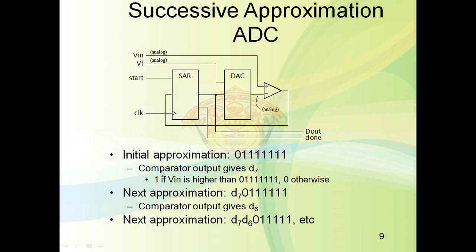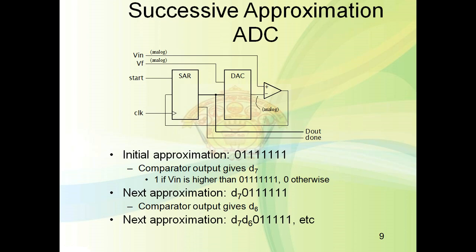Okay, as the comparator output gives, the D7 bit will be equal to 0 or 1. If the input voltage is more than the DAC output voltage, let us suppose here it is 2.5 volt and the input voltage is 3 volt, then it will take the decision that the approximated output of the DAC is not correct, and we have to go for the next approximation. That is, we have to set the D7 bit and we have to reset the D6 bit. Okay, so likewise it will do the successive approximation.